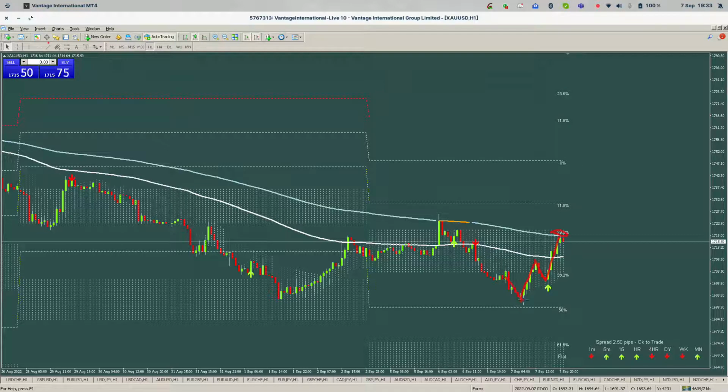There's a bit of a W going on. You can see there it starts and there it ends. I would expect a bearish pullback, a bearish move maybe even. So I'd like to see it come down back to the 38.2% before it thinks about going back up again. So obviously,